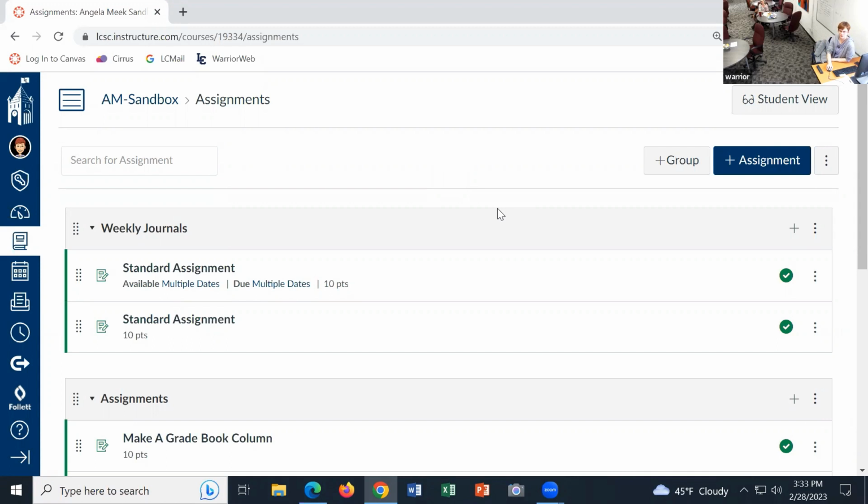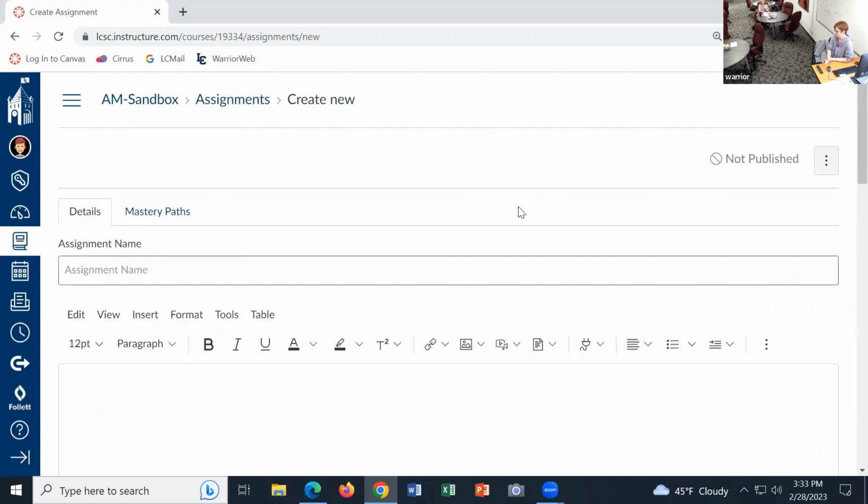The other tricky thing about peer review, again, is you have a soft deadline of you have to turn your paper in by this date, and then you have the actual deadline of you need to get your review done by this date. But Canvas doesn't allow you to put 2 due dates into an assignment. So what I would recommend if you are doing peer review is building a calendar item for that initial deadline, your paper needs to be submitted by, so that they have something that pops up in their to-do list, even if it's not an actual assignment, but they at least see it.